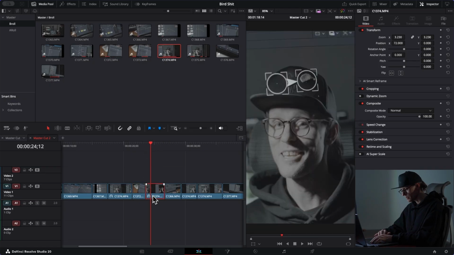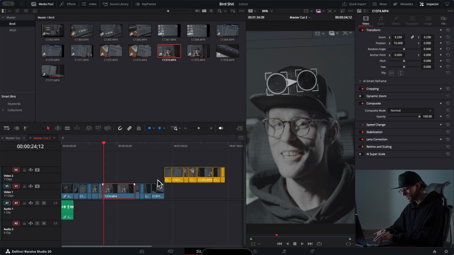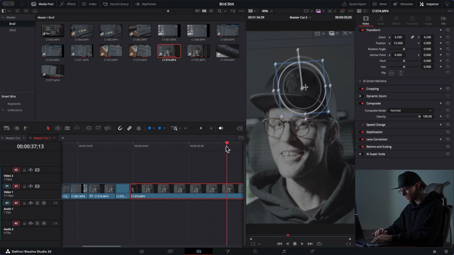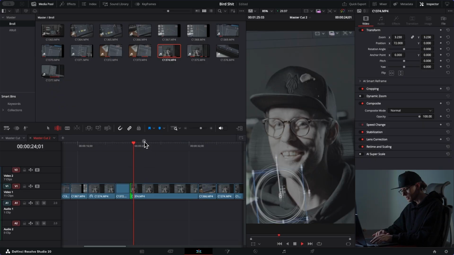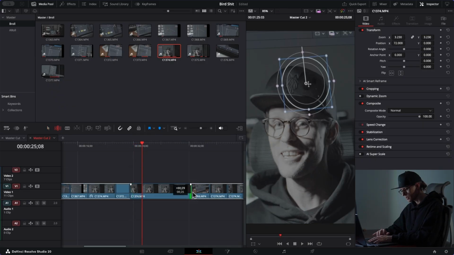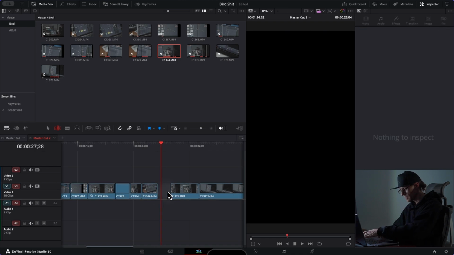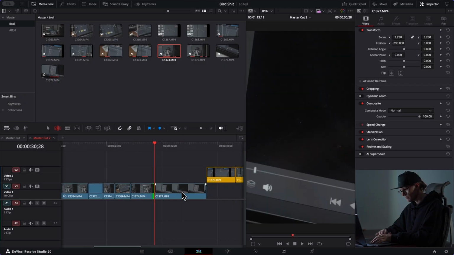Let's bring our window, this is on the same clip, so let's bring it back to normal speed. Trim. Boom. Boom. Boom. And then we just want to press track. Boom. We track it. This is where it's tracking. And then finally,